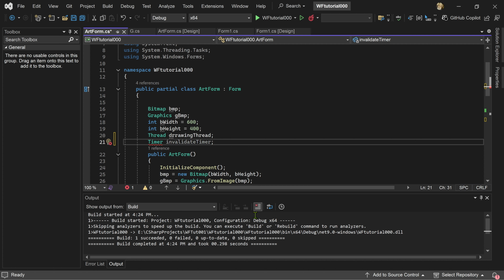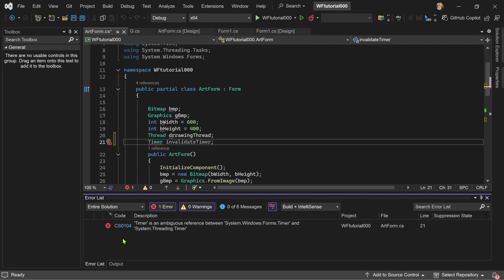Now I've already got a problem here. If I go look at the error messages, it turns out there's a couple different types of timers. There's a System.Windows.Forms timer, and there's also a System.Threading timer. What we want to do is use the System.Windows.Forms timer. I think that's what we want to use. Probably either one would work, but since we're in Windows Forms, let's go ahead and use that timer. So we have to be more specific. We can't just say timer. We have to say